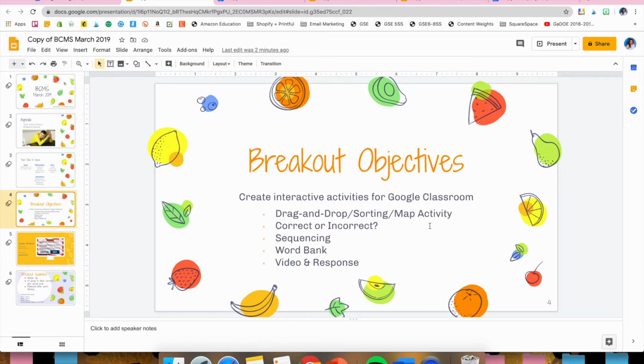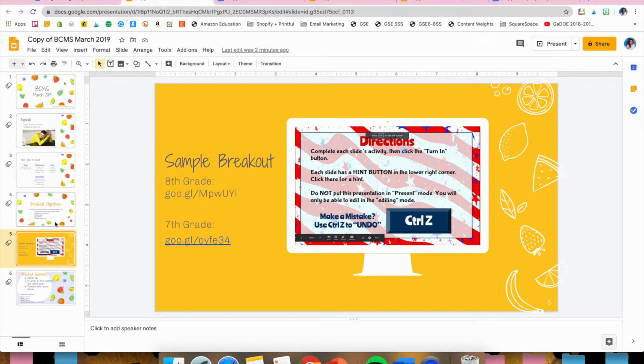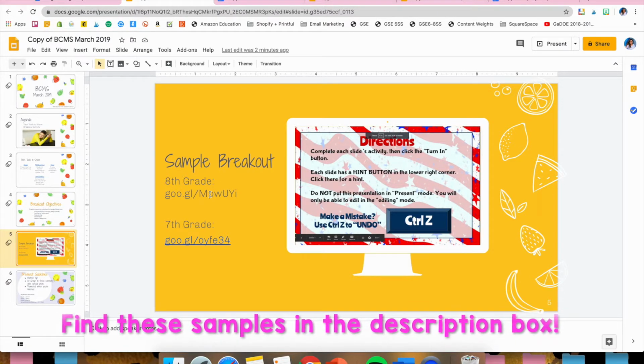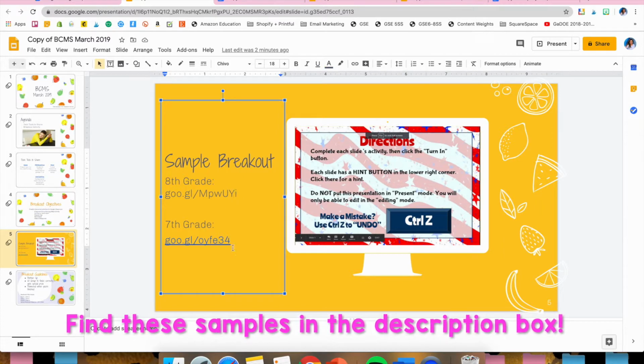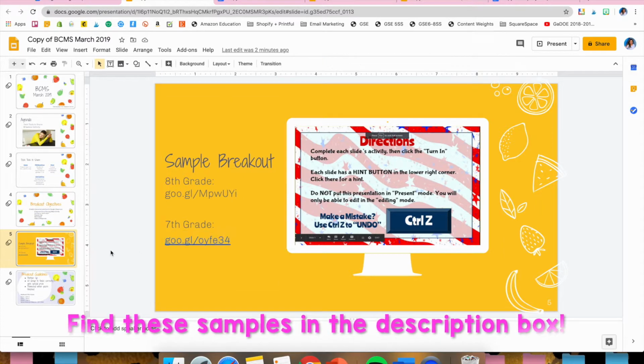Now this is a long list of objectives because we worked our way up to this. Know your teachers. If they as a group are not ready for this many objectives, just pick 1 or 2. The next slide is their sample, the end goals of what they're trying to create. I was doing 7th and 8th grade in the same planning period, so I had 1 sample for 8th grade and 1 for 7th grade. We're in Georgia, so 8th grade is Georgia Studies. We were doing juvenile justice, and 7th grade was Southern and Eastern Asia